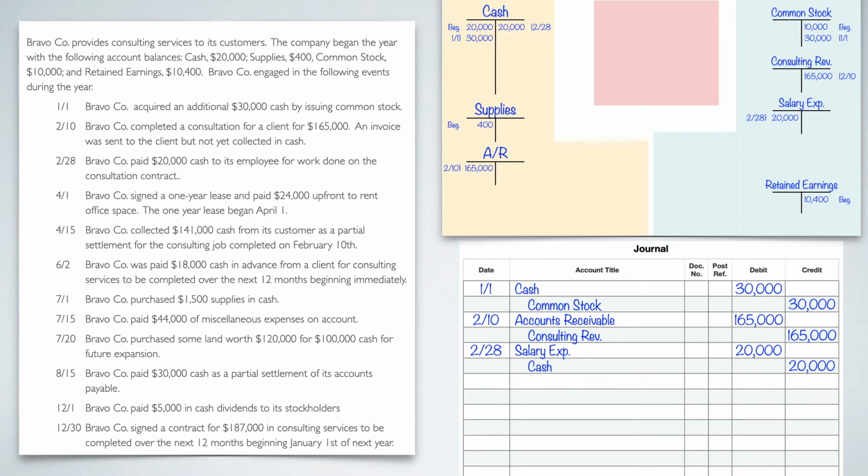Is cash involved? Yes, cash is involved because we paid $24,000 cash. It doesn't say cash, but it also doesn't say on account, so we assume cash right now. Our cash is going down, so that means we're going to credit it. So I'll start with the date 4/1 and credit cash for $24,000. Now, the debit, it's not an expense because we haven't used it yet.